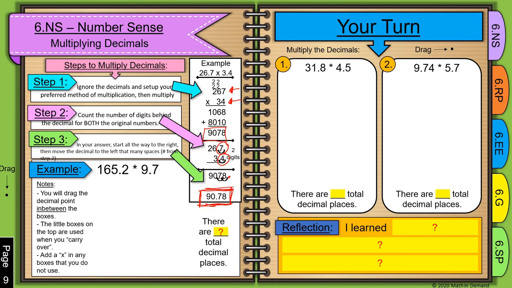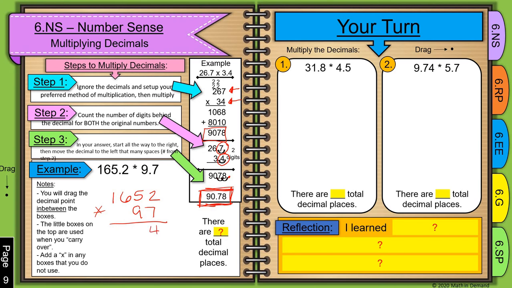So let's go ahead and give these a shot ourselves. So we have 165.2, and we're going to multiply that by 9.7. I'm going to ignore the decimal, and I'm going to set up my problem as 1,652 times 97. I'm going to use the standard method here, and I'm going to start by doing 2 times